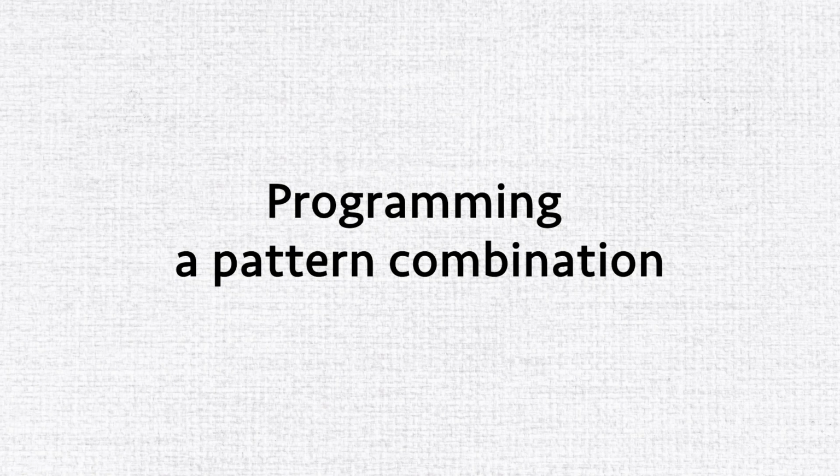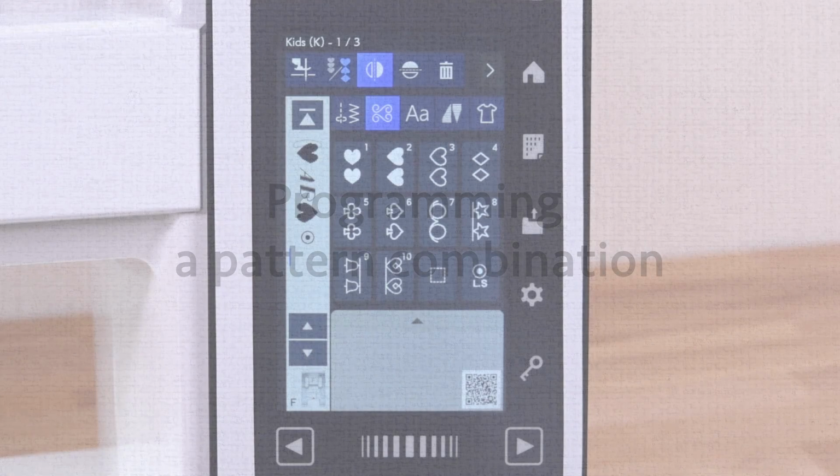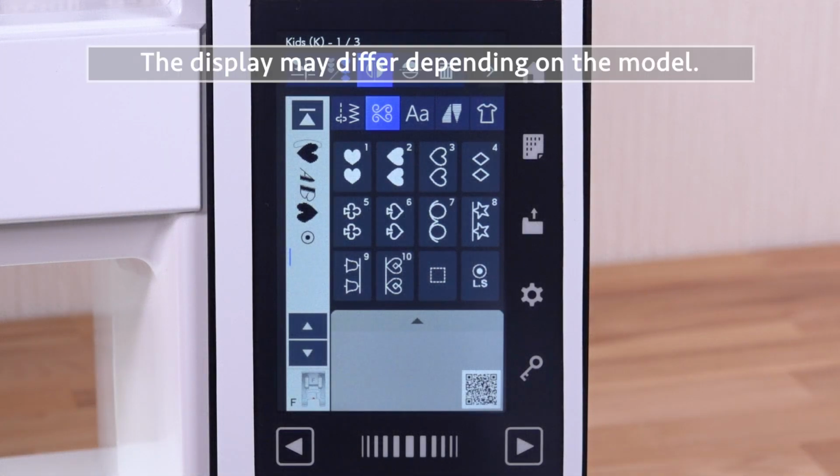Programming a pattern combination. The patterns in the decorative stitch category and monograms can be programmed to make a pattern combination. For example,